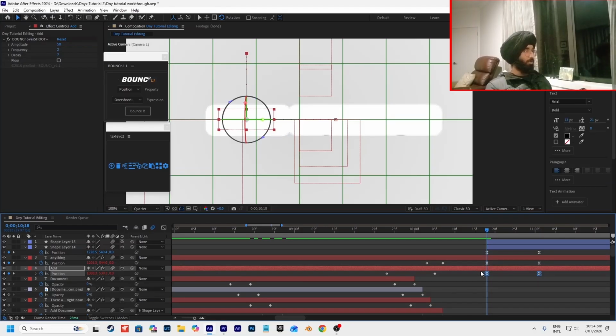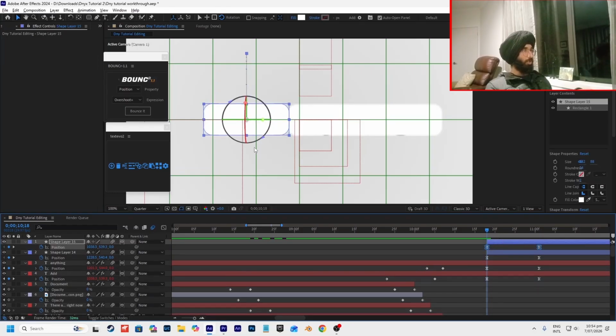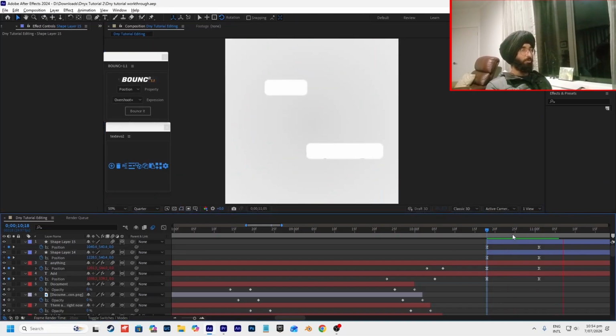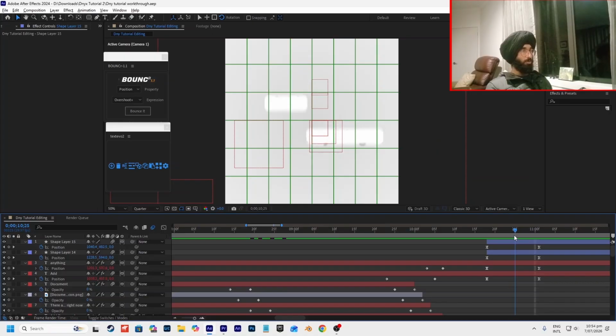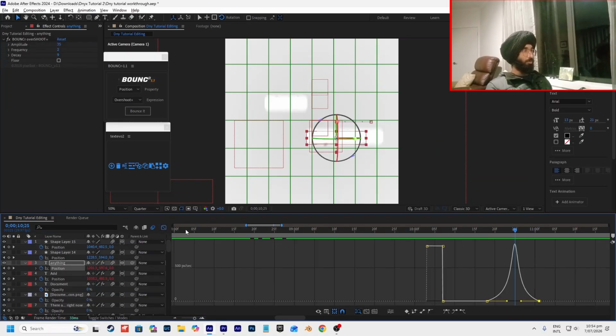So selecting both, copy, paste, and opening it up. This one was pretty much perfect already, but yeah, now we'll just take a look at what that looks like. Yep, it's exactly what we were looking for. Exactly what we're looking for. Now I'm going to go into the peak, so right here,